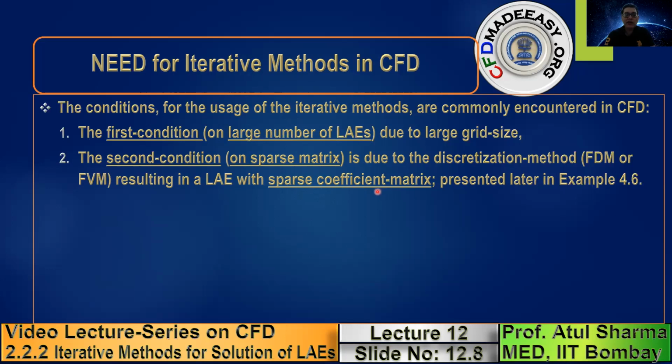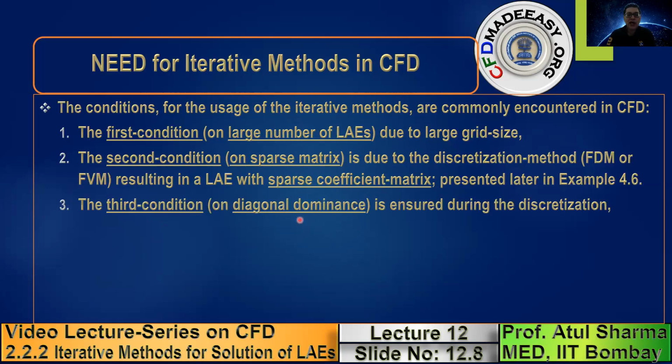But to give you an idea, let us suppose you have 25 internal grid points, and you obtain 25 algebraic equations. In our algebraic formulations, if it's a heat conduction problem, the value of temperature at a particular point is not a function of the remaining 25 points inside the domain. It is a function of only certain neighbors, which I presented earlier. It is a function of its east, west, north, south neighbors. So the coefficient of the remaining internal grid points is zero. So this leads to a sparse coefficient matrix in CFD.